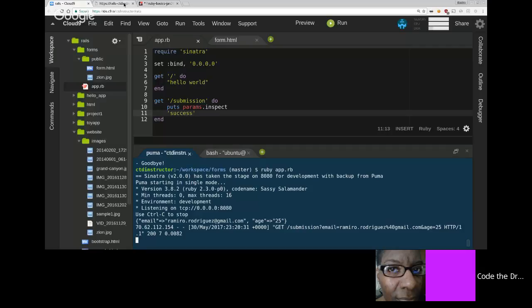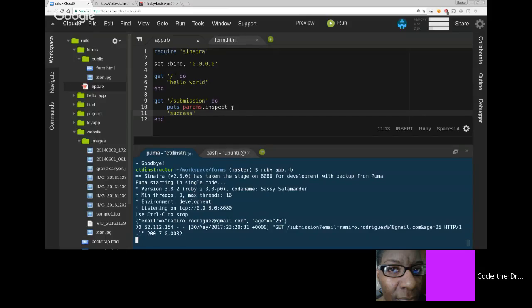All right. So now that we have that, we know that that's a hash. That's a very important concept to internalize in your brain, because we're going to be using it a lot. So now with that params, we could